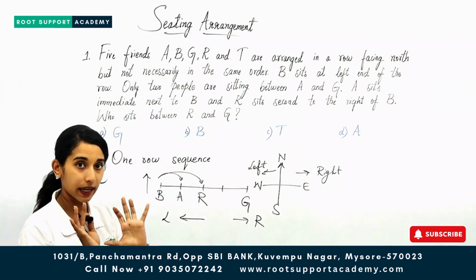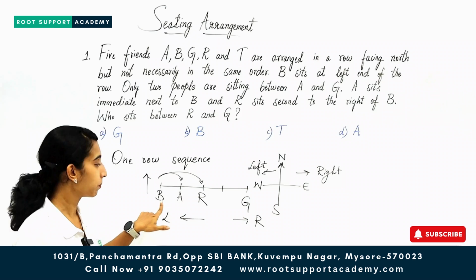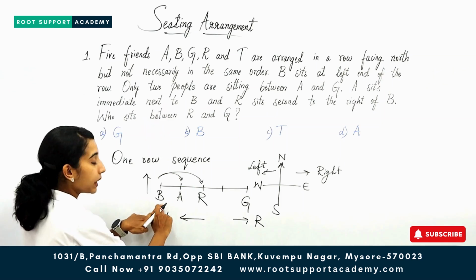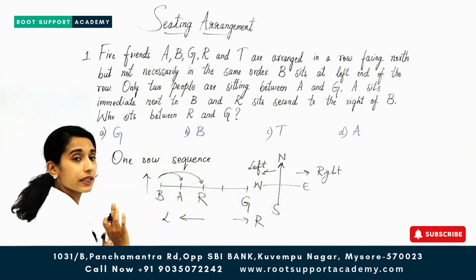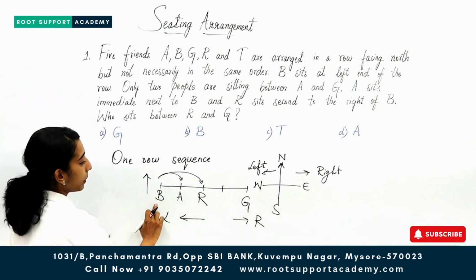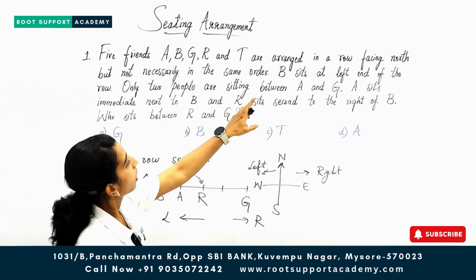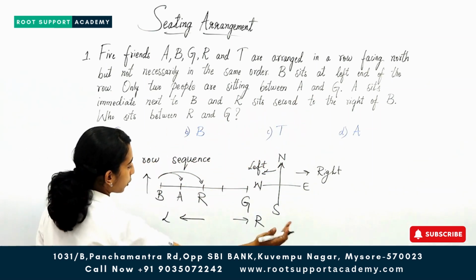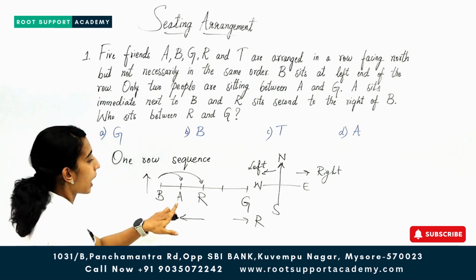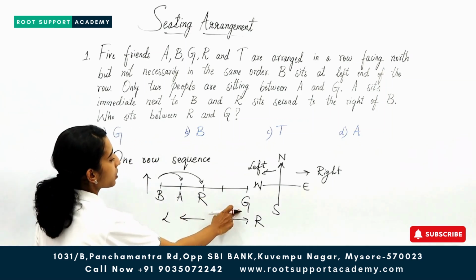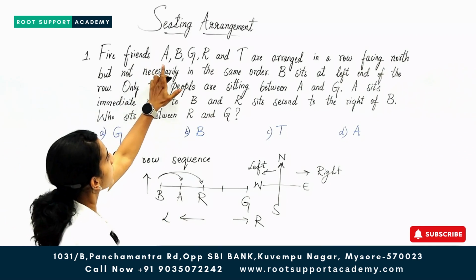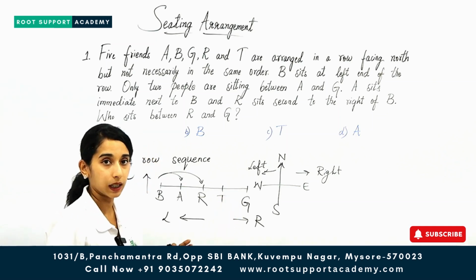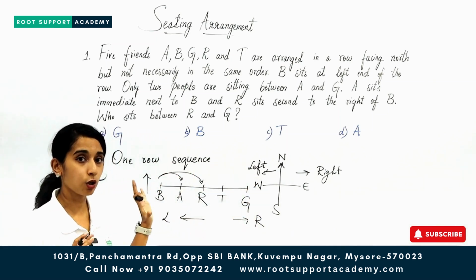B is sitting towards the extreme left, that we have written. A and G also we wrote. Okay, A we wrote because it was given immediate next to B, who is sitting. A is sitting there. Next, second position. So, R sits second to the right of B. Right of B, this is right of B. So, 1, 2, R we wrote. And 2 people sit between A and G. So, R is already sitting. Who is missing? A, B, G, R we have written. The one who was left, that was T. Okay. So, we got to know the positions.